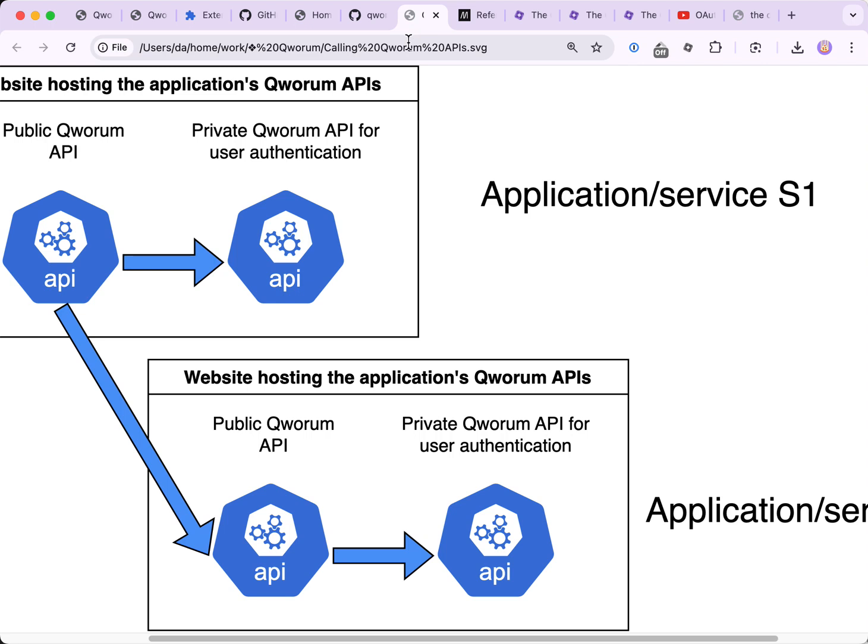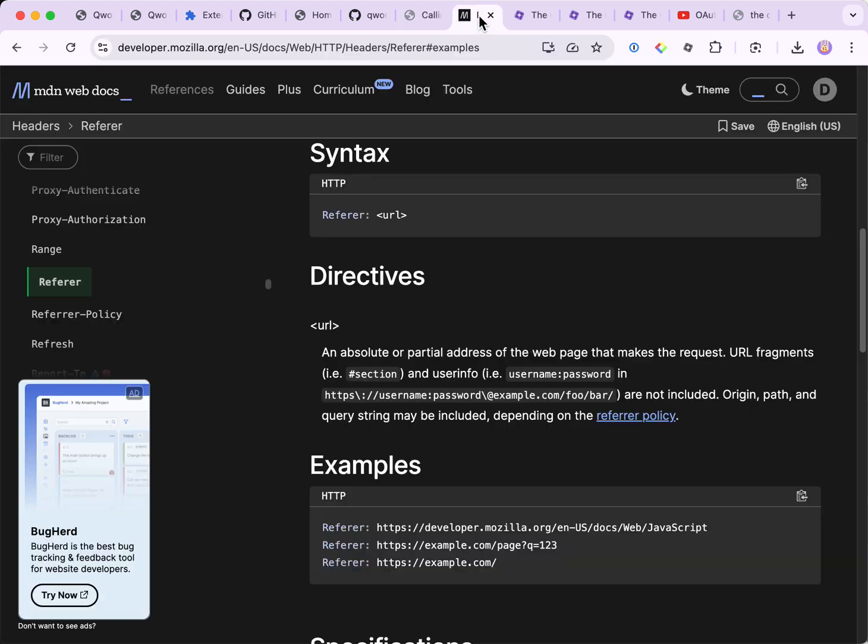So here I've mentioned that it is possible to define private APIs. For example, how do you ensure that the API remains private, or individual endpoints in a public API remain private? This is very simple because each API call contains in the HTTP request a referrer, which points to the API caller. So it's very easy for an endpoint to decide whether to authorize the call or not.